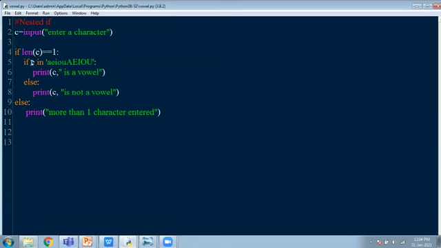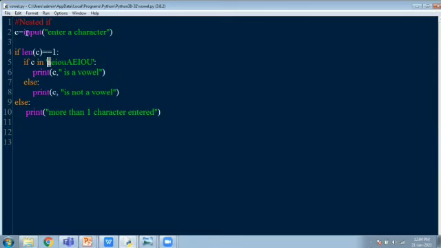So when I am comparing, if C is in this list, it internally compares the value inside. It's like a box, okay? It's holding the value A. So now if A is there in this list, yes, it's present because you have it here, right? A is there. Any one letter, if it matches, then it is okay. Then you are printing A is a vowel. Got it?